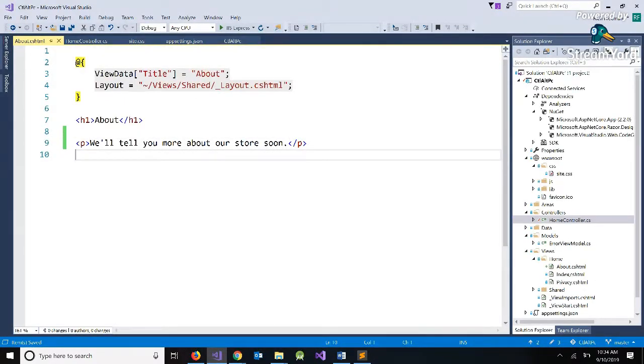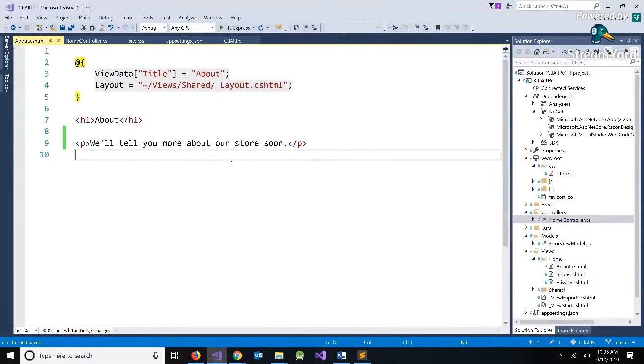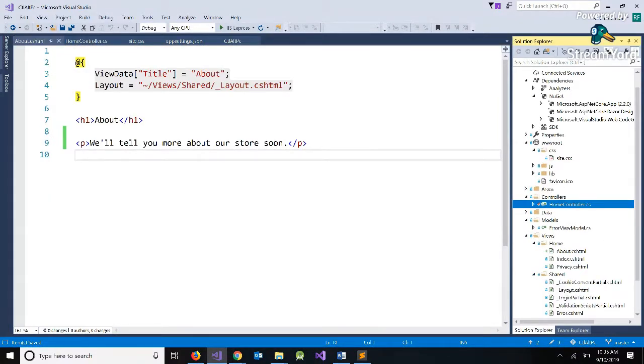Let's look at our home page, actually. So let's look at how we get it in our nav bar. Notice the navigation bar, it's not in this file. Where would we have to go if we want to modify the navigation bar? Which file would contain it? Yeah, the layout file, right? So this page uses our layout. So if we go down to shared and open up our layout,